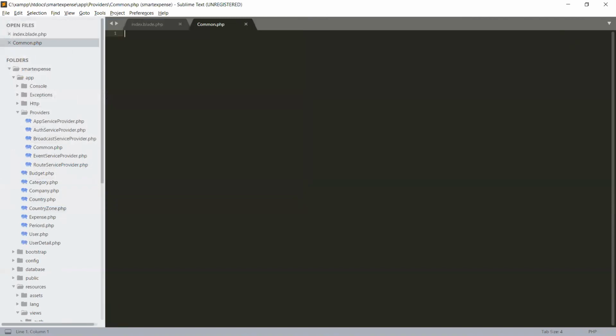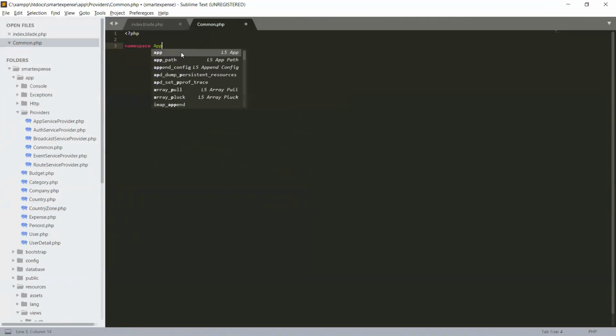Common.php, and we will use the namespace. Before creating a namespace, php. The namespace will be app, and under app we have providers.